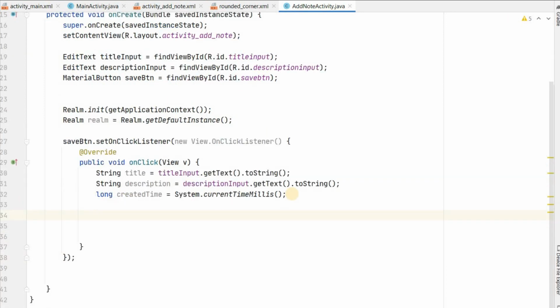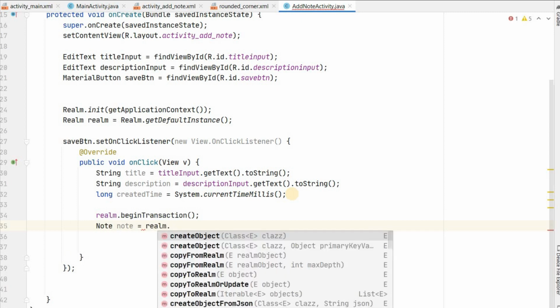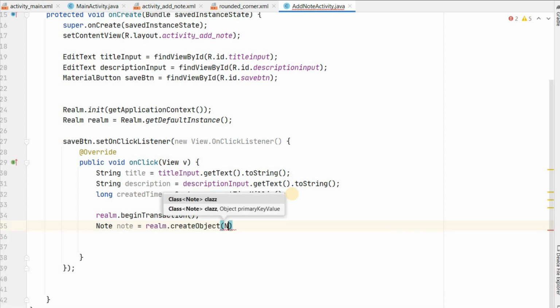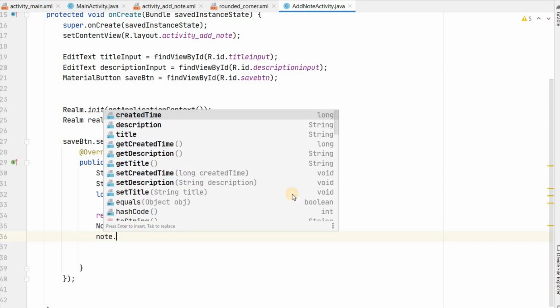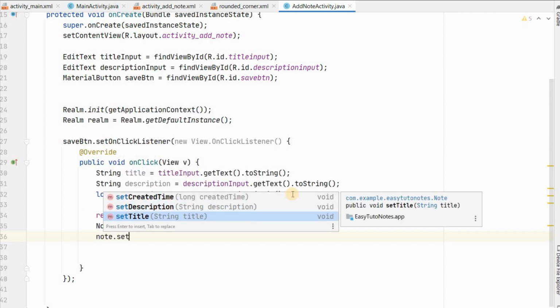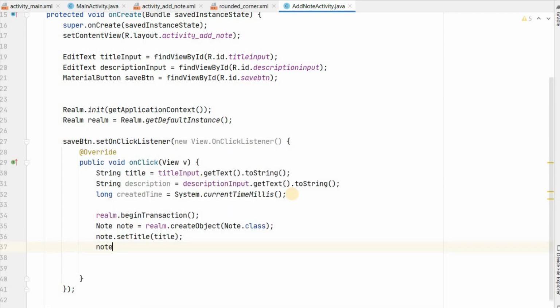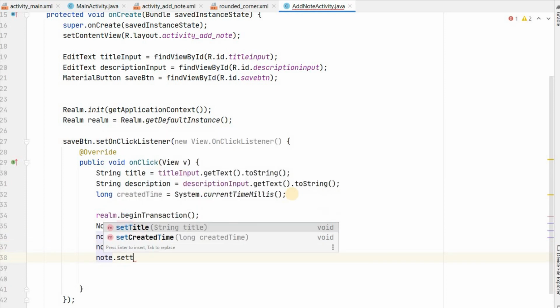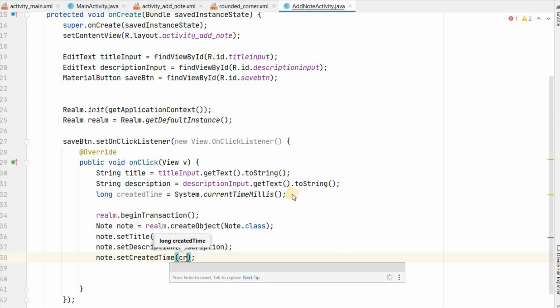So to save the note to the database we have to first begin the transaction, and we have to create a note object from Realm, createObject Note.class. So it will return the note object, and we will set all the properties: set title from our title, set description from our description, set created time from our created time.